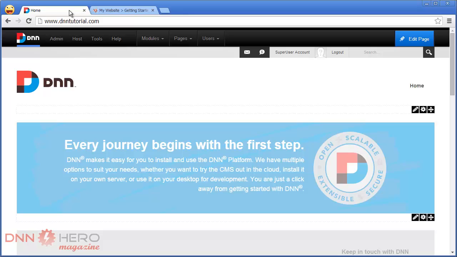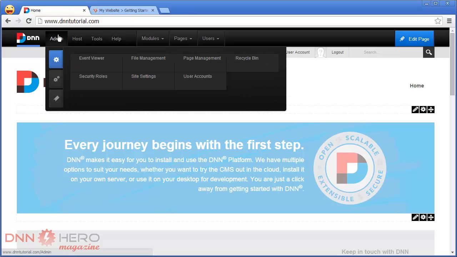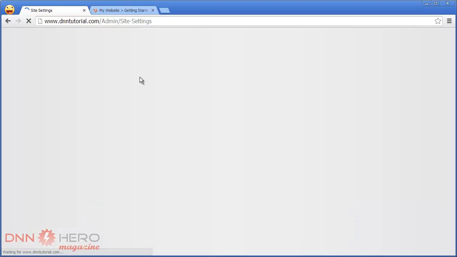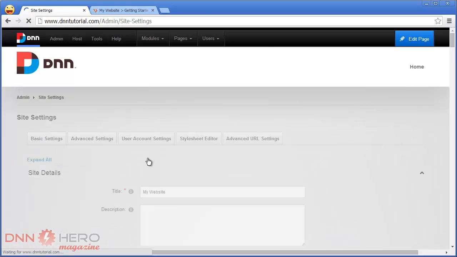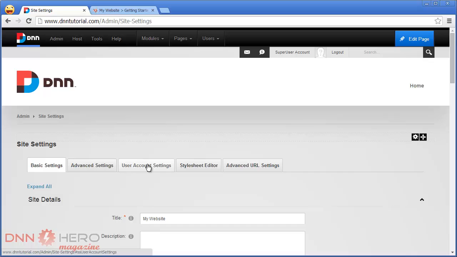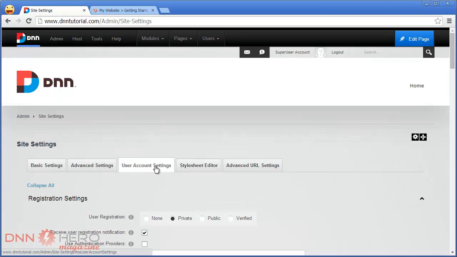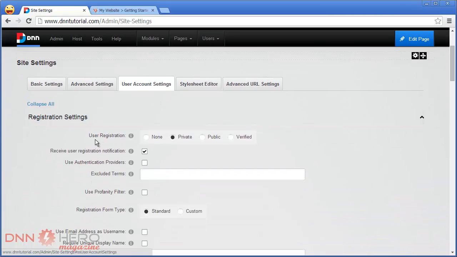So how can we do that on a DNN7 website? Very simple. Let's just go to admin, and by the way, I'm logged in as admin user or super user. Go to admin, go to site settings, and then go to account settings, the user account settings tab, the third one, and at the top it says user registration, and it's set by default as private, but we can actually set